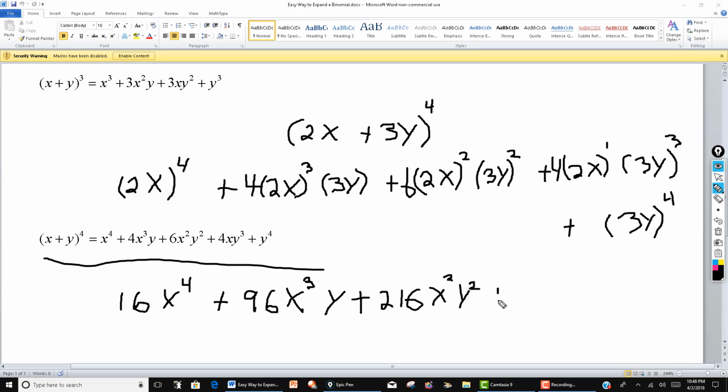Okay, and then it's plus. Now we're the next one. So this is 4, 2x to the 1 is just 2x, and then 3y to the third will give us a 27y to the third. 27y to the third times 2x times 4. We do the multiplication there, and we get 216